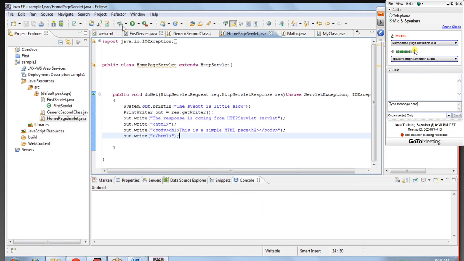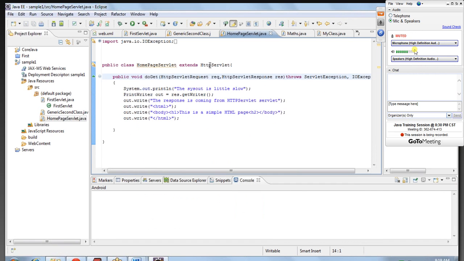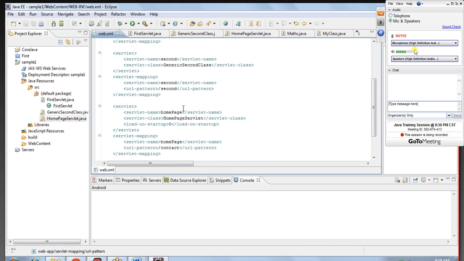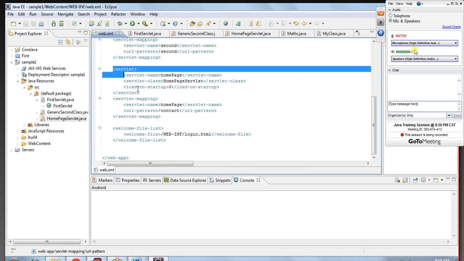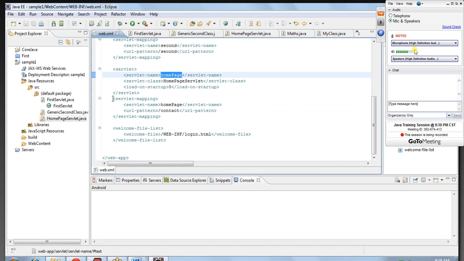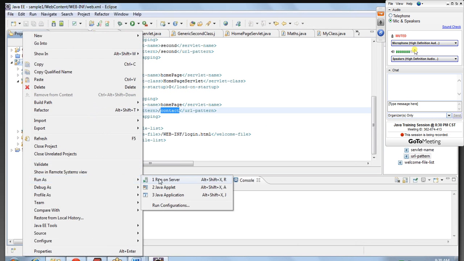So we are just sending a response. According to our steps to create a servlet, we have created a servlet using three of the techniques, and now we are using HttpServlet. We have overridden doGet and written some response to the browser. After that, in the web.xml deployment descriptor file, you have to define a servlet tag with a servlet name, and then the URL pattern by which you want to call the servlet you have just written. We are defining the URL pattern as contact in this sample, and then when you click here and say run on server,